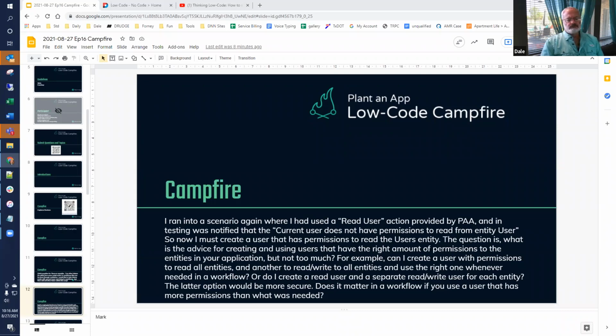Right. And Dale, you reminded me of a question that I have had in the past. On the scenario of passing in a user ID from an action form where we know we have access to that user ID, if we entered the workflow without passing that in, can I use the token to grab the user ID right in the middle of the workflow? No, because the workflow is running server side on the back end, and once it's running like that, it doesn't know about who called it on the front end and things like that. I wondered about that. Okay, I think that's what I was asking about.